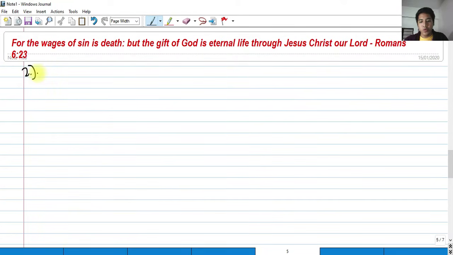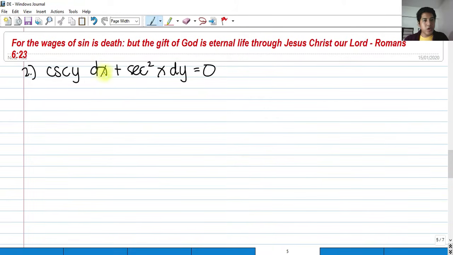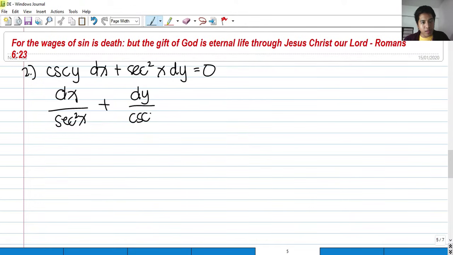For number 2, we have the cosecant of y dx plus a secant squared x dy is equal to 0. So again, we need to separate this, such that we can have dx over secant squared x plus dy over cosecant of y is equal to 0. We need to apply some identities here. As you can see on the left side of our equation, first term, we have 1 over secant squared x, and that is equivalent to